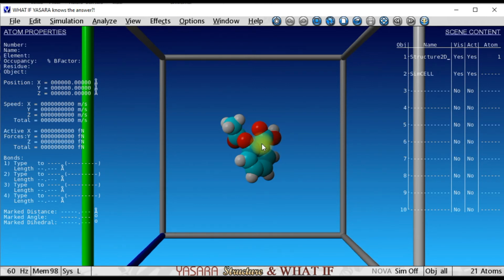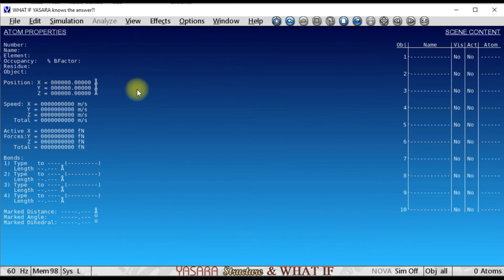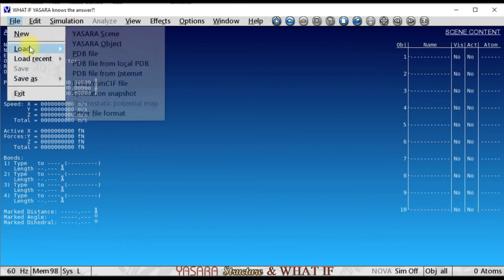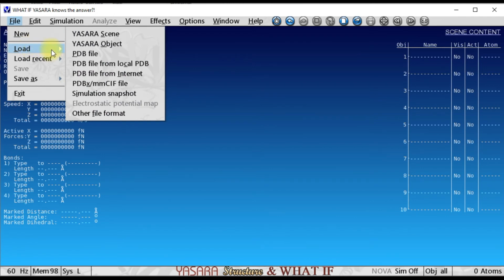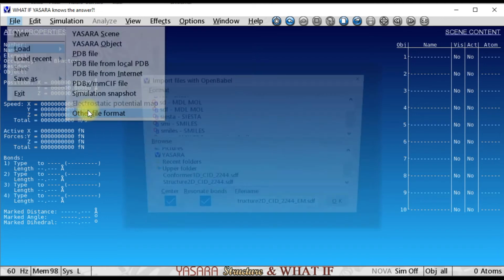So now again I'll show you for the 3D conformer. So you can clean this window by clicking this icon. Now the object is being cleaned and you can load the other compound. So I'll load the same compound but the 3D conformer of the same compound.